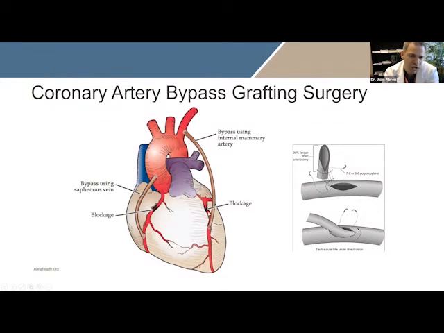And you will say, so why can't I just go in there, open the vessel here, take out the plaque, close it up again? Why don't we do that? It has been done, it has been studied before. The reason it's not done is because the wall of the vessel at this level is already damaged. So even if you take the plaque out, the wall is damaged already, so it's going to just accumulate more plaque and it's going to block off again even faster. So that's why we know in the long term it doesn't work.